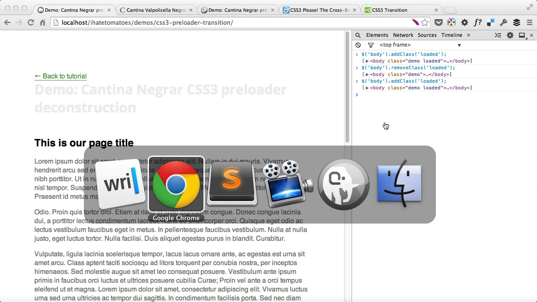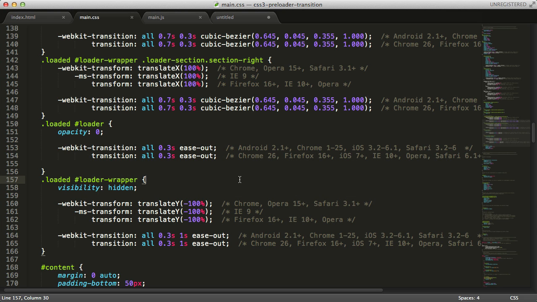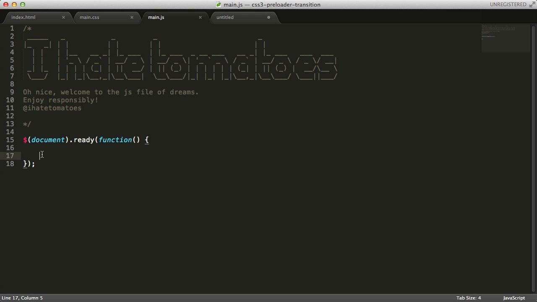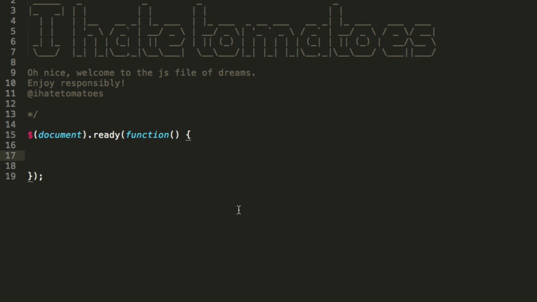We could do one more thing just to fake our preloading because we don't have enough content on our page. We can go to our JavaScript file and fake that by manually adding the loaded class. So we'll just write a simple setTimeout function, and inside of it we'll target again the body. So we're doing exactly the same thing as we did in our browser console. So body dot add class loaded,